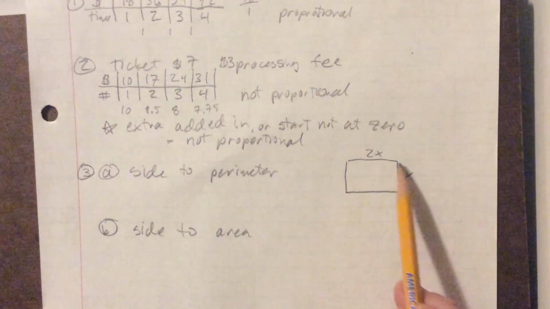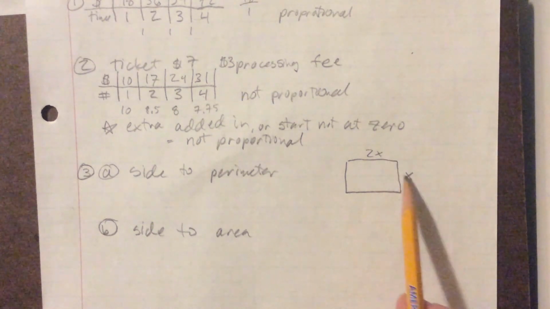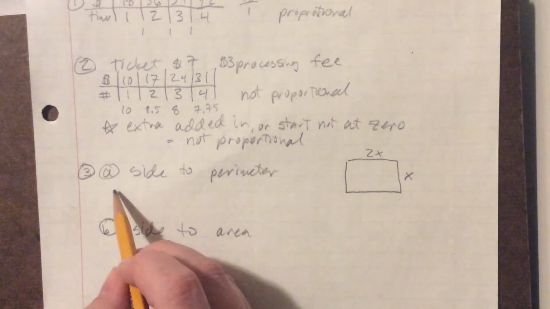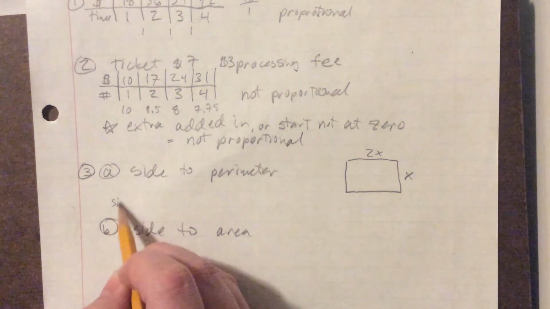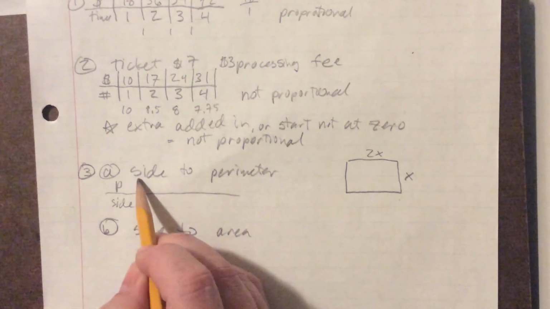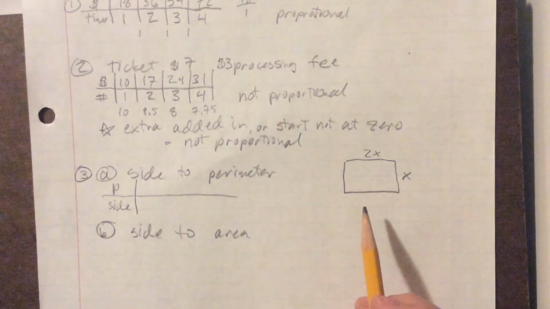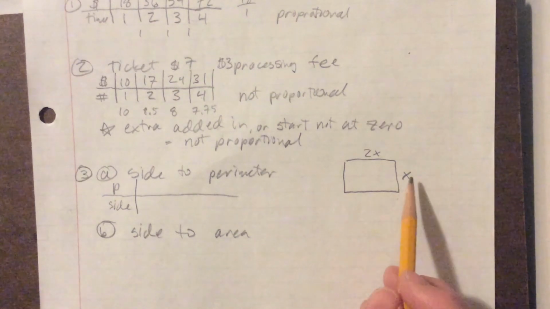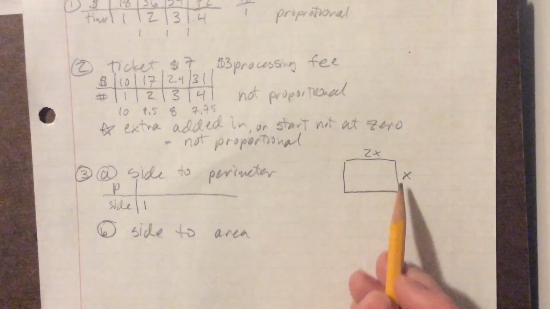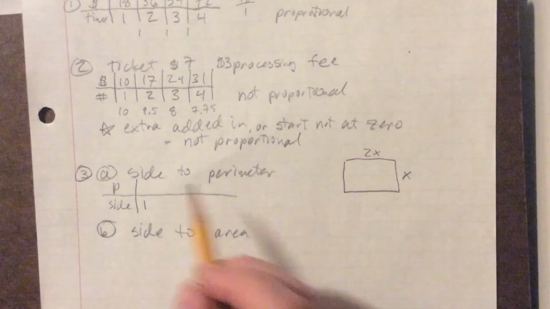Perimeter is adding up all the sides. Area is one side times the other side. So let's put together a little chart. So we'll put side on the bottom and perimeter on the top. And we're just going to pick some numbers to put in for the sides. So if we pick 1 to be the smaller side, then the perimeter is going to be 1 times 2,